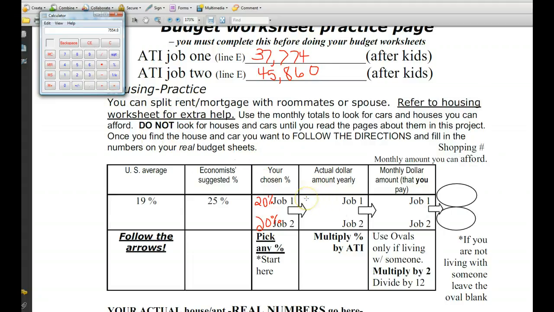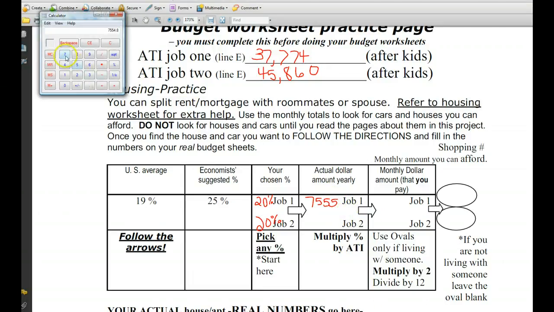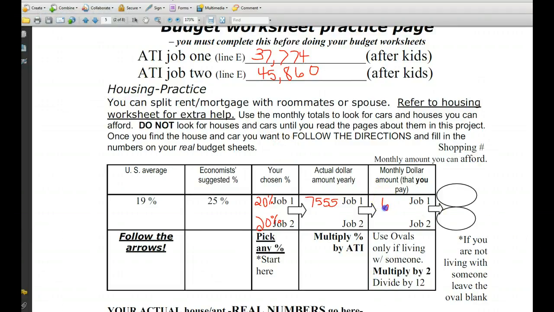All right, so 0.2 equals, and again, we don't need to worry about the change. So this is 7,554.80. I'm just going to put 7,555. That's how much I'm spending a year on my house if I spent 20% of my income. Now I need to find out 7,555 divided by 12. So it's about 600, and I could afford about $629 per month